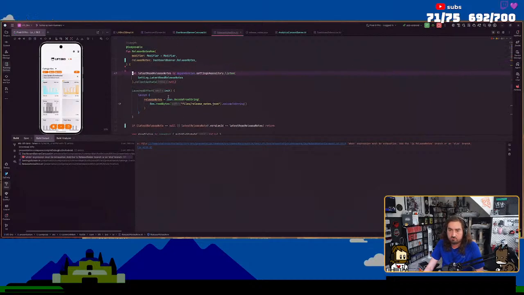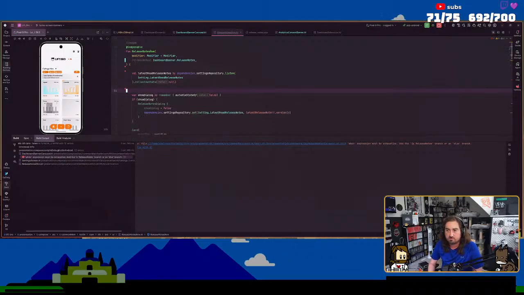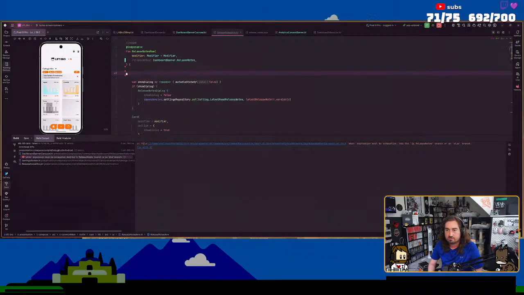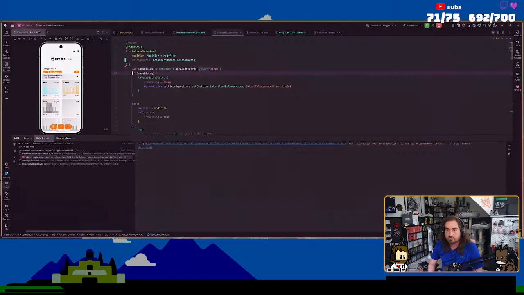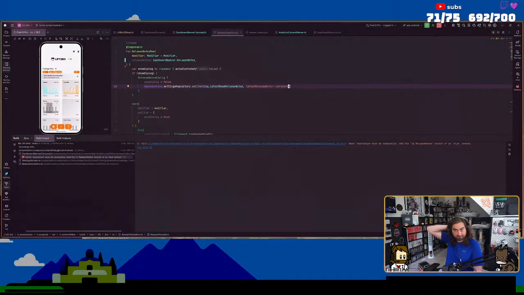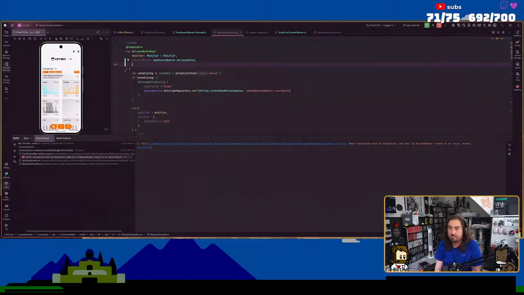That should not need to be there. I can get rid of this. I can get rid of this. I can get rid of that. The show dialogue. This is going to be a like note scene.